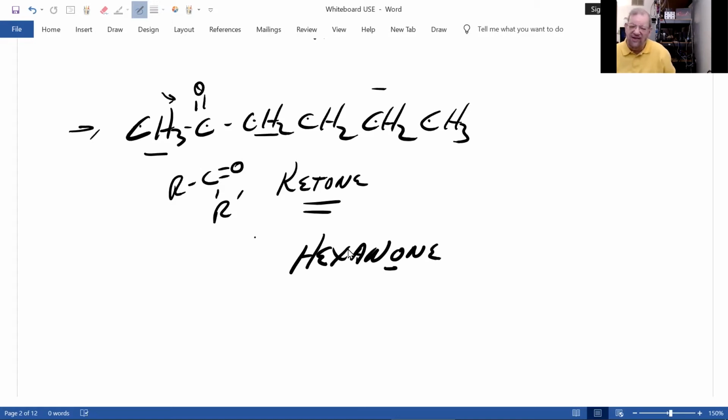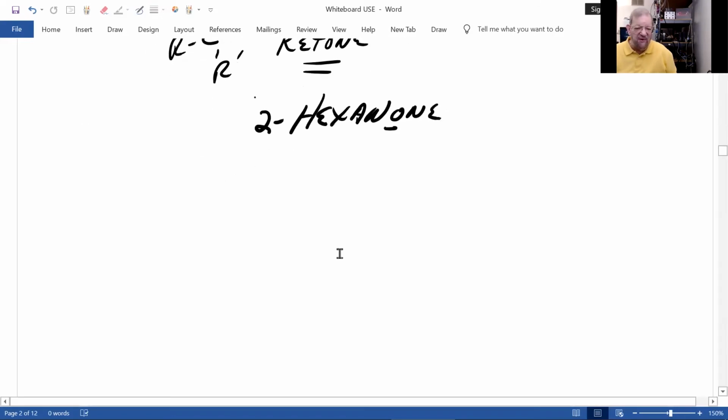And now, unlike aldehydes, notice this is on what carbon? This is carbon 1, carbon 2. If we went the other way, this would have a much higher number, and it always has the lowest. So that would be 2-hexanone. Now, just to show you why that number is important, you could have this molecule,